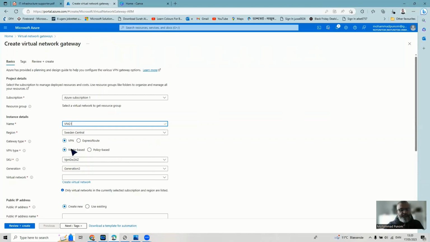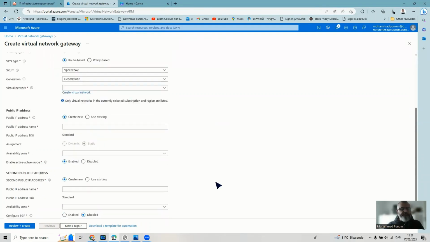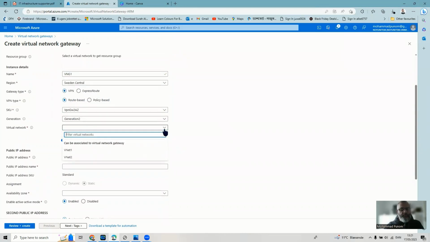And it's in the Sweden Central region. I leave the gateway type VPN. ExpressRoute is out of our scope right now. So we use VPN, and VPN type route-based. We'll discuss policy-based VPN type later on. And SKU leave as it is, generation leave as it is, virtual network from VNet 1,